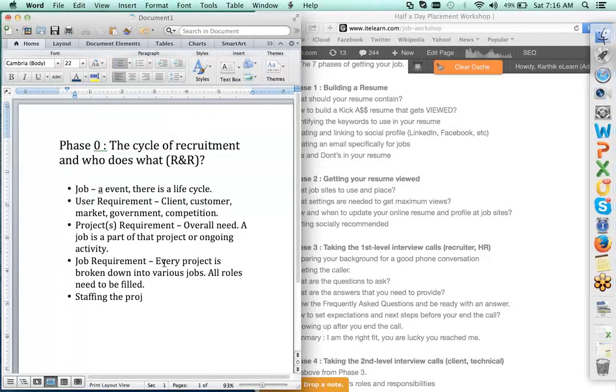Now comes the staffing of the project. When I say staffing the project, I'm saying that it is at this point in time when we identify what needs to be done. It needs to be done through,